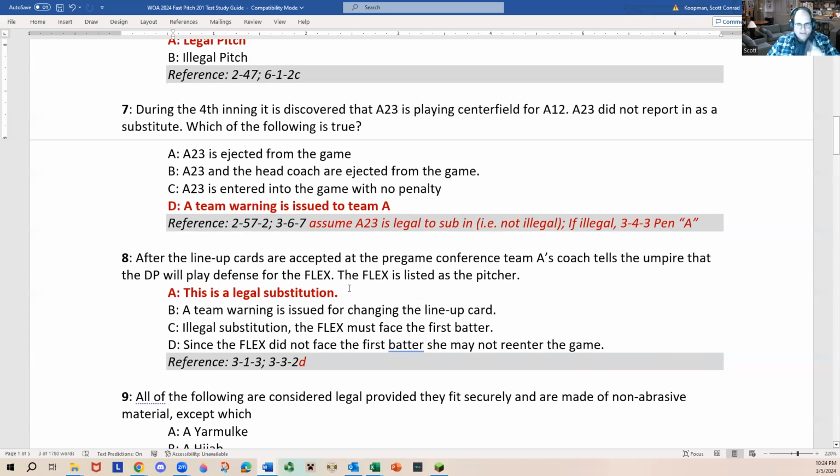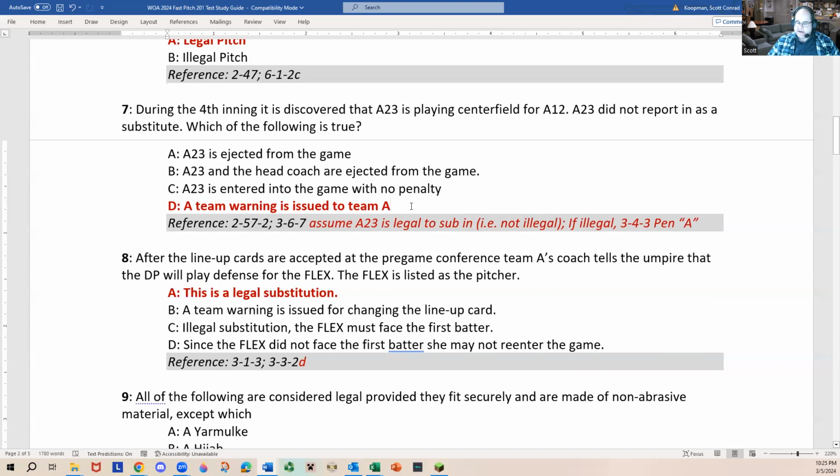The umpire, the first time it happens, issues a warning to Team A and then makes the correction in their lineup, and then we play the game. Essentially, no penalty, just a warning. Now, if it happens again, then we start doing some things, like if the same player commits the same infraction. But on the initial instance that it happens, just a team warning is issued to Team A, and then I